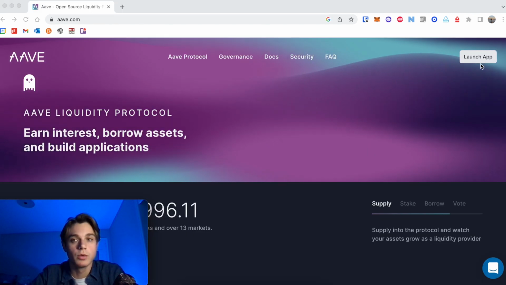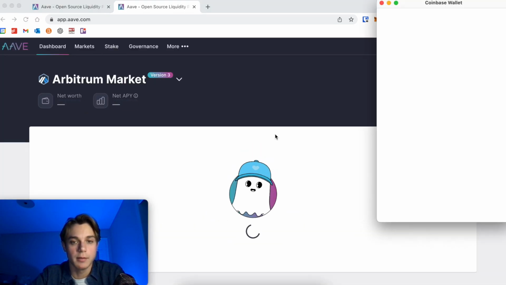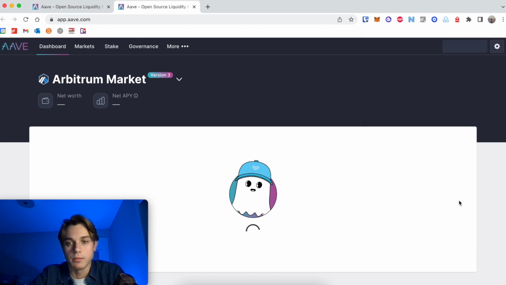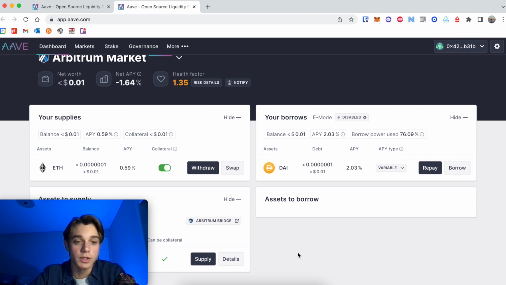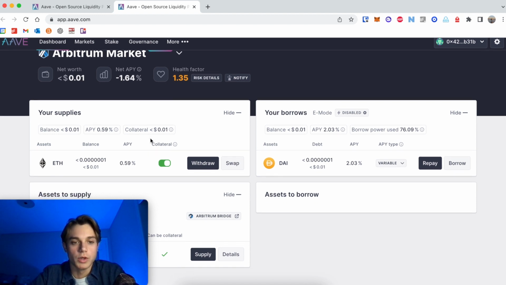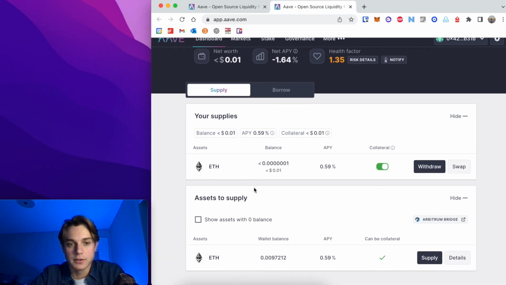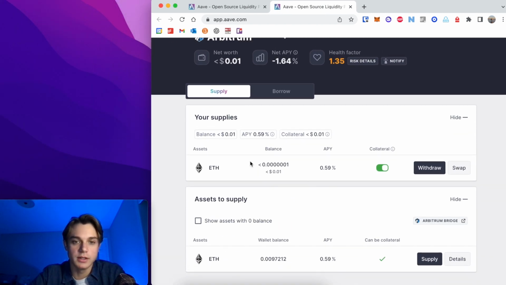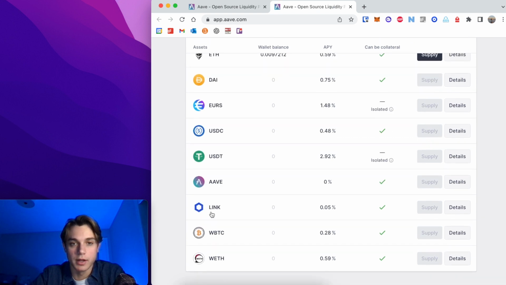All right, so now that we're in AAVE, we can click Launch App, and it will take us to the AAVE app. We can sign in with Metamask, and we can see that I've already used AAVE. We can also see, if we go over here, that we can go ahead and supply assets. So we see we've supplied previously less than 1 cent, a very, very small amount of ETH, and we can click this to see some of the other assets that could be supplied if we wanted to,